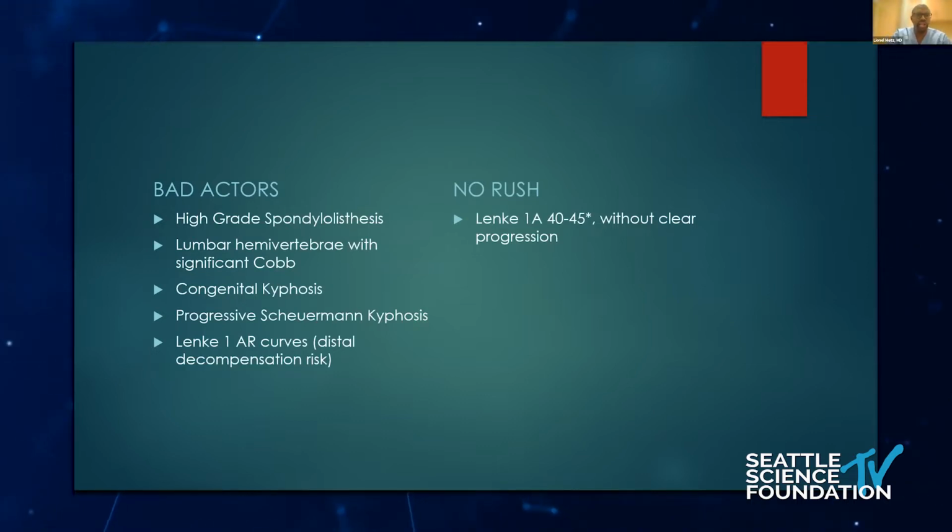And on that list, we have, again, high-grade spondylolisthesis, lumbar hemivertebra with a significant Cobb, congenital kyphosis, Scheuermann's kyphosis, and the lanky 1A curve, which, as we know, has a very high risk for distal decompensation,